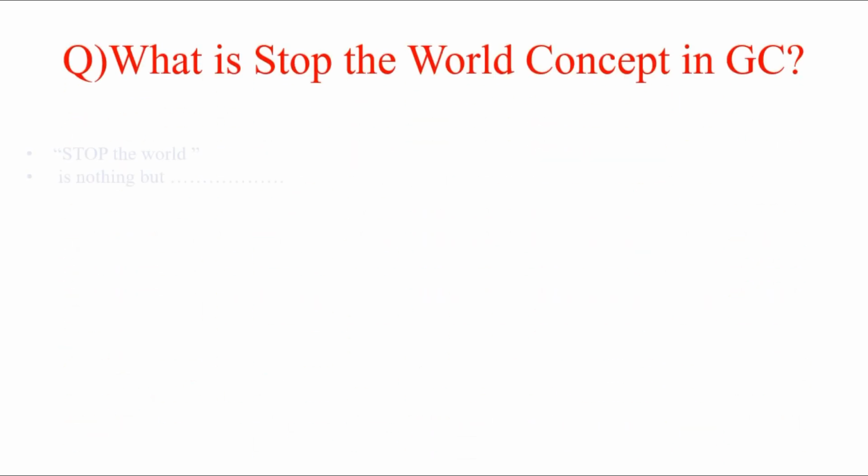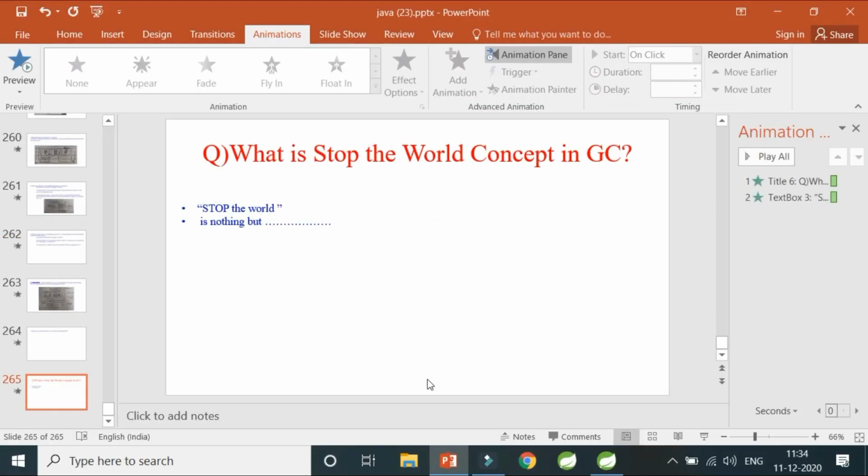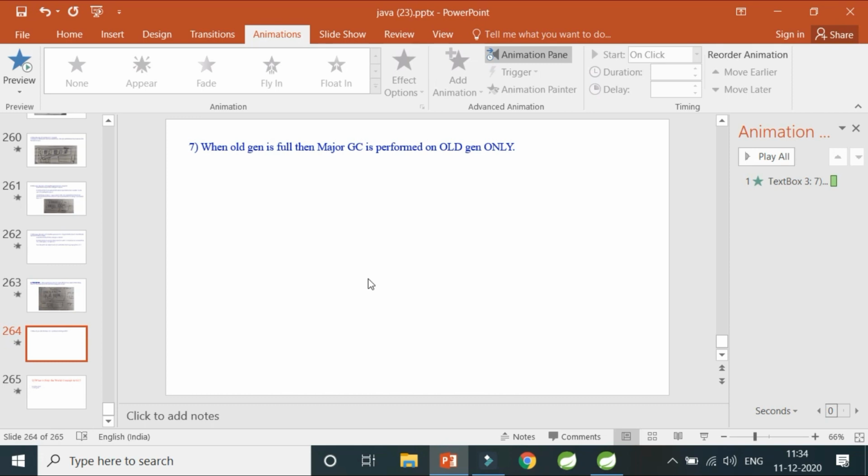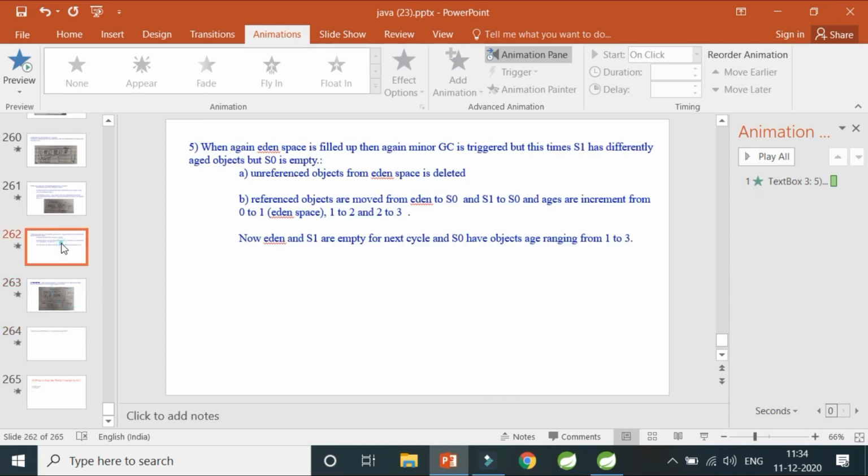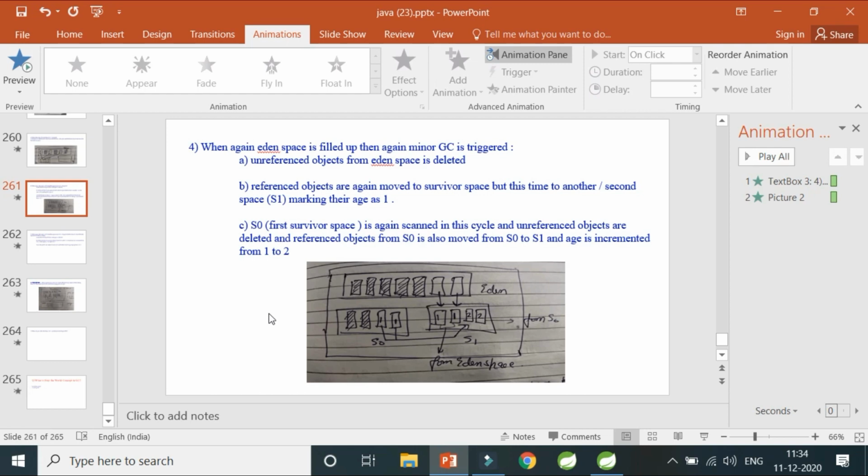There's also a stop the world concept in GC, but I'll be covering that in the next video. So if you want me to cover more of these stop the world concepts or garbage collection concepts, please let me know in the comment section, or if this is enough for your interview preparation, then also let me know in the comment section. I'll stop here. I'll be covering concepts like stop the world, how old generation and young generation work, and the different types of garbage collectors like serial garbage collector, parallel garbage collector, G1 garbage collector. I'll cover all that in the next video.